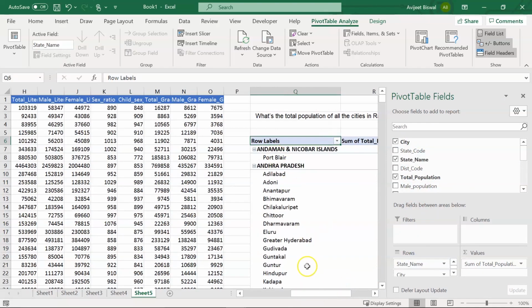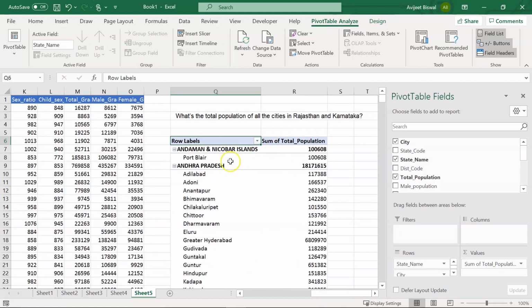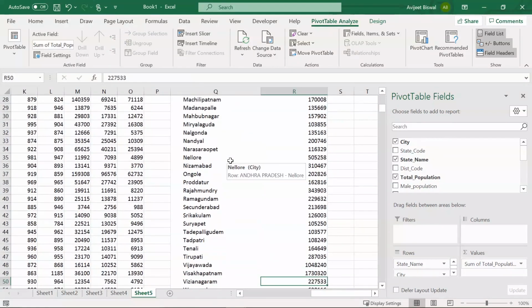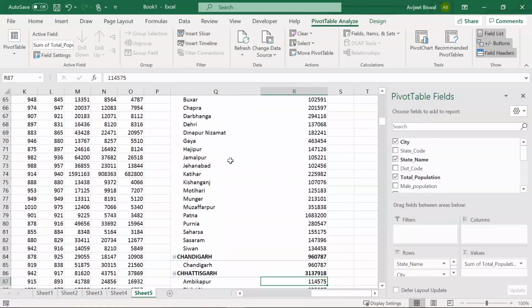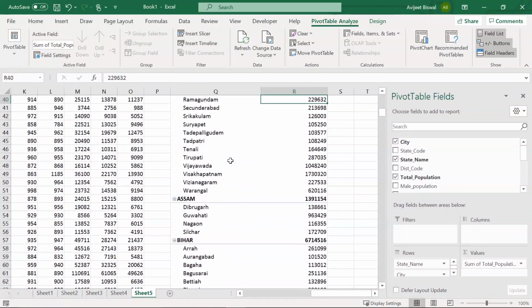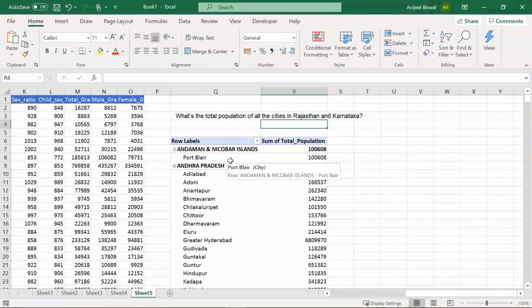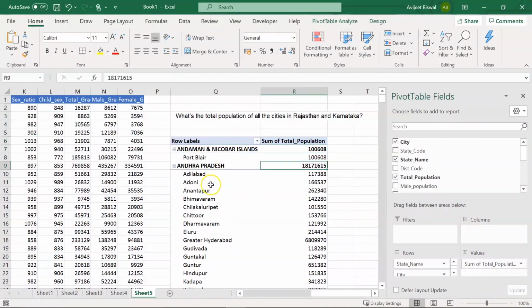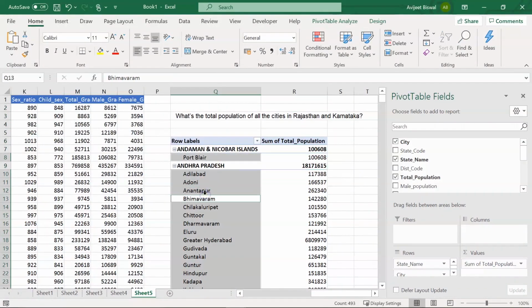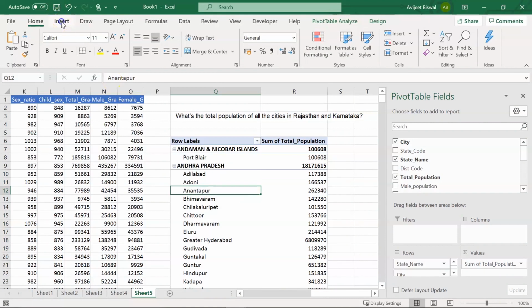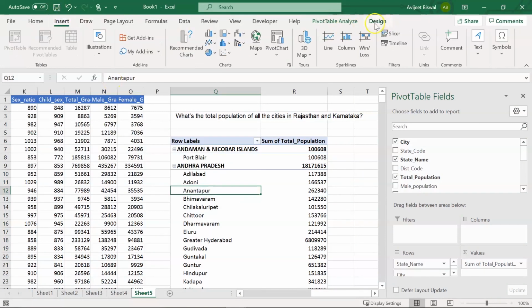So you have in the pivot table all the states and their cities, and on the right you can see the total population for each of these cities. But our question is, we want to find only for Rajasthan and Karnataka. For that, what you can do is go to insert and create a slicer.